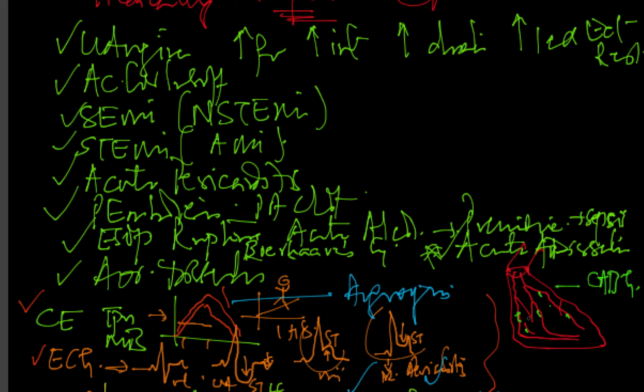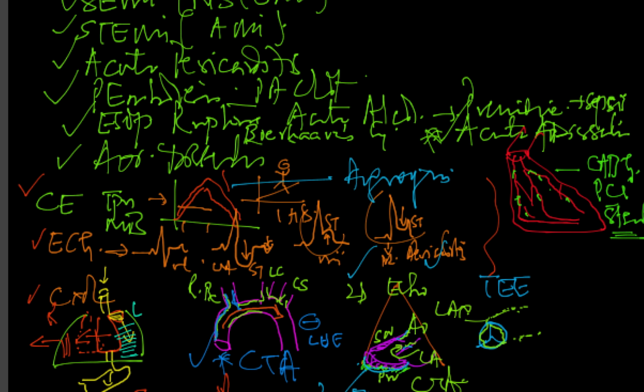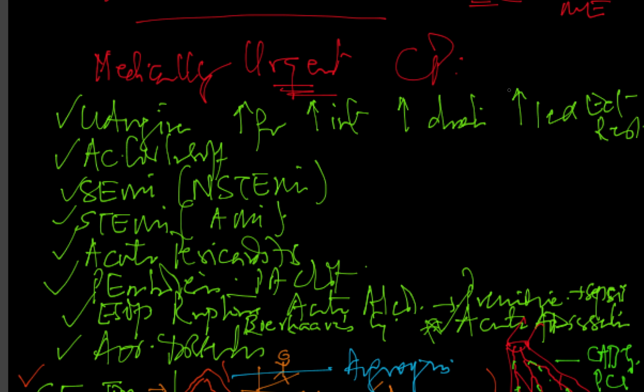But if there are only proximal and, as I say, passable stenosis, like in this region and this region, and there are not too many, one can do a PCI, which is called percutaneous coronary intervention, or stent. A simple word is stent, where people understand that better. Okay, so this was the focus of this video, and primarily we just wanted to show you exactly where we are with our testings and the immediate diagnostic testings in a setting where somebody's presenting with medically urgent chest pains.